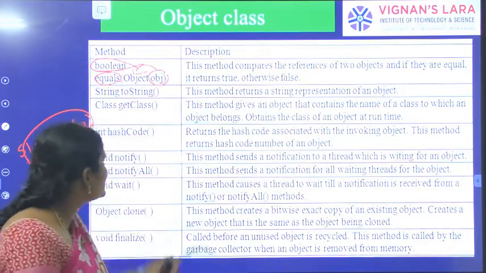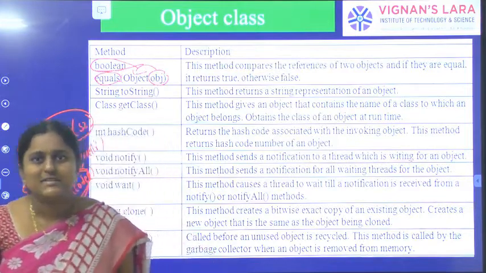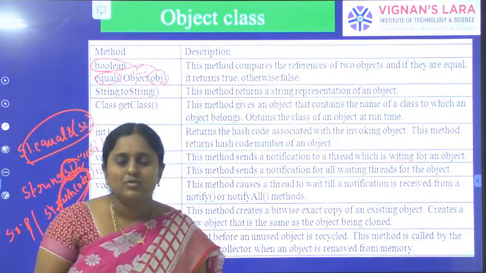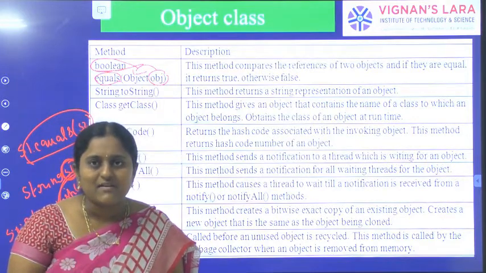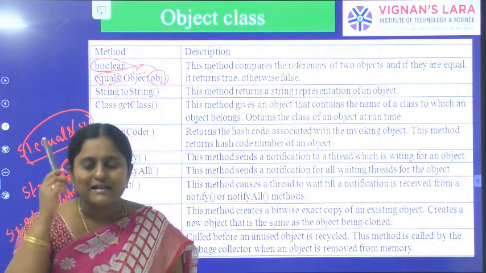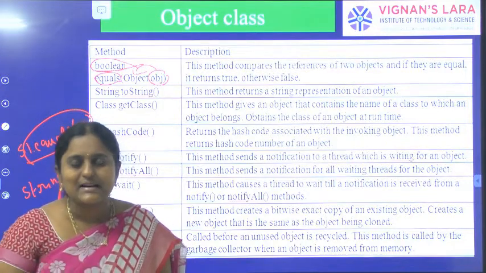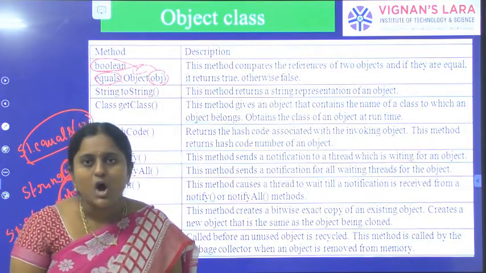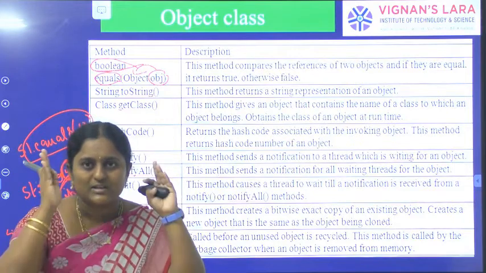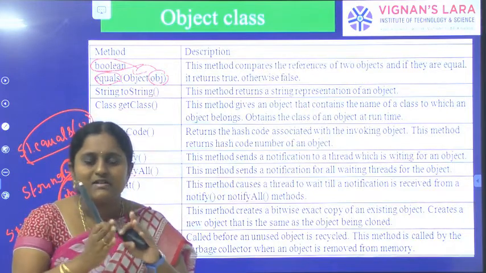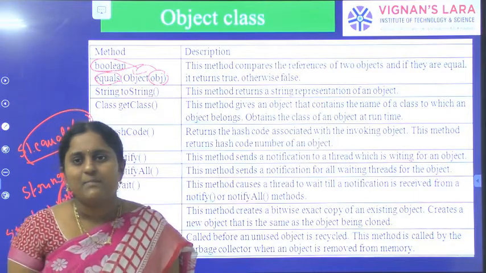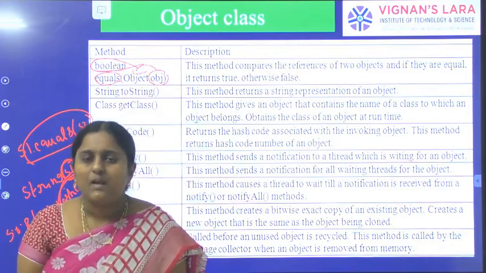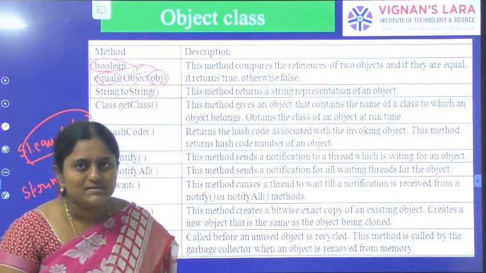These are all the methods present in which class? The Object class. These all are methods present in the Object class. Object is a root class. Object is a base class. It is available in every Java program. So suppose one class does not extend any other class, by default it extends the Object class. By default every Java program has the Object class. We can access all these methods in every Java program with the help of an object reference. So it is nothing but the Object class.